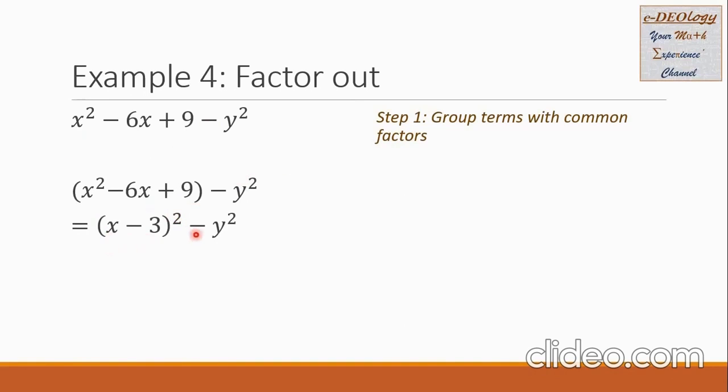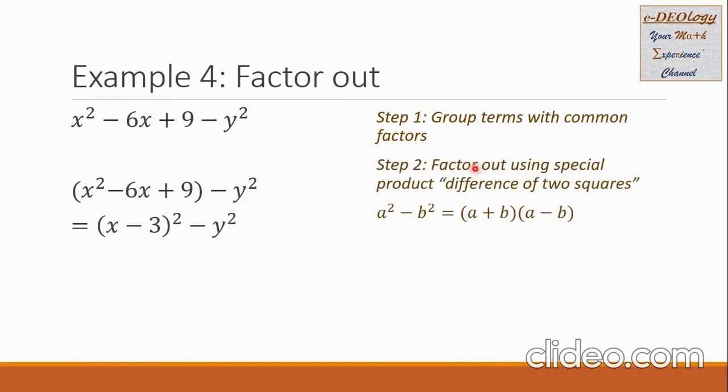Then I will just copy the negative y squared here. In step 2, I'm going to factor out using the special product difference of two squares, and this is the formula. When we have a squared minus b squared, the answer will be the binomial a plus b times a minus b. In this case, the x minus 3 is considered to be the a,